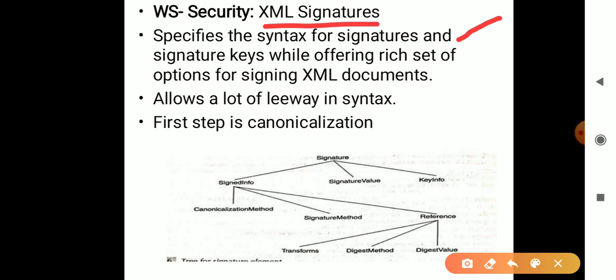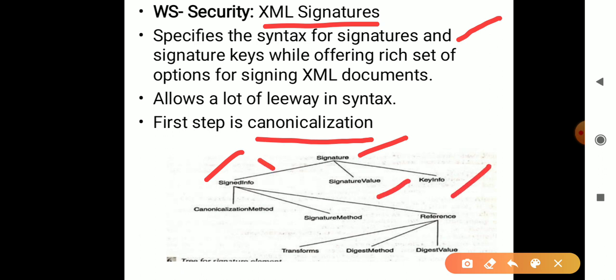I can say this one is very simple. An example is how to identify fake web pages. All these methods are very useful in identifying fake web pages. What they are trying to do is use a method called canonicalization, where it provides us the signature, where the SOAP document is signed using the signed info, signature value and key info.